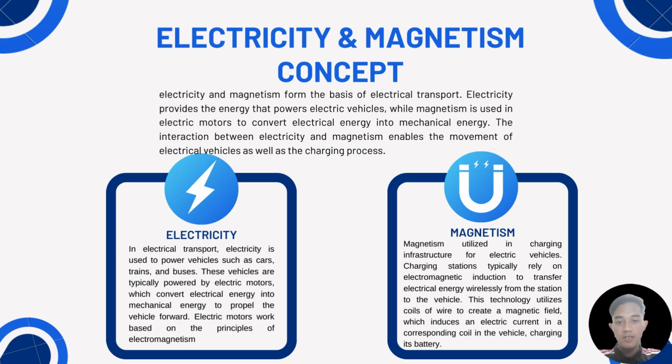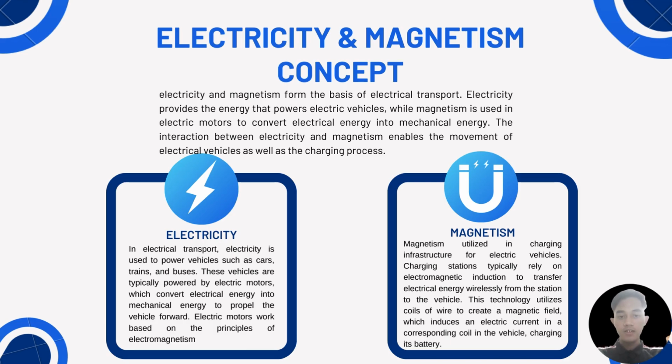First, the electricity. In electrical transports, electricity is used to power vehicles such as cars, trains, and buses. These vehicles are typically powered by electric motors, which convert electrical energy into mechanical energy to propel the vehicle forwards. Electric motors work based on the principle of electromagnetism, while magnetism is also utilized in charging infrastructure